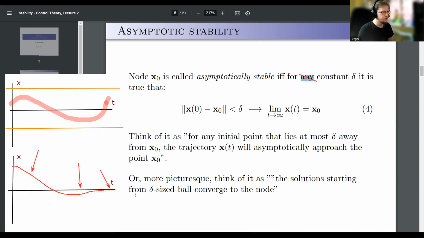It approaches zero asymptotically. So as time goes to infinity, the value of x of t will be closer and closer to x0, and eventually they will be equal in the limit. So the difference between those two